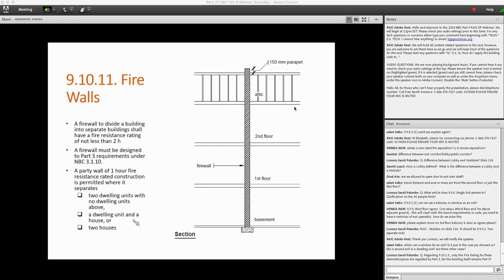So if a building extends across a property line and the portion on each side is under different ownership, then you will be looking at a party wall on the property line, and this party wall is required to be constructed as a firewall. However, this is not applicable where the portion of the building that extends across a different property line is functioning as one,